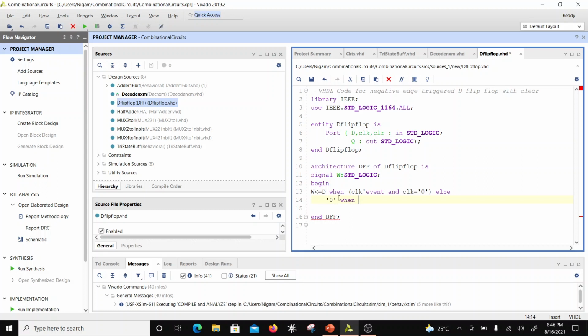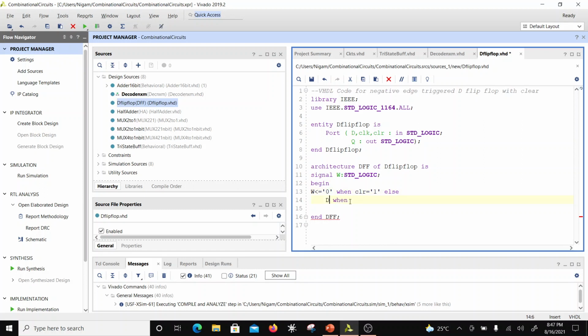I don't want this to be a second condition, so I'm going to exchange it. So W is assigned 0 when clear equal to 1. Irrespective of what clock is doing, W is going to go 0 when clear equal to 1,